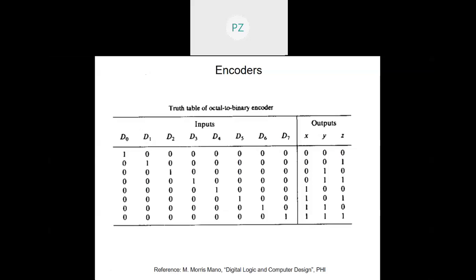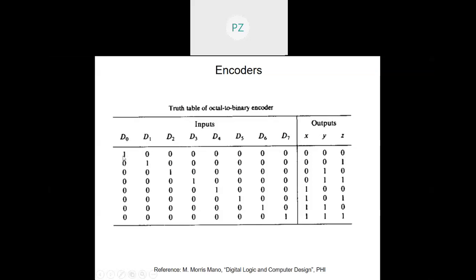Okay, so decoders we've already seen that way: n input lines and 2 to the power n output lines. Depending on the combination of the input lines, one of the output lines goes high. Encoder is just the reverse, as the name also suggests. Now over here, there are 2 to the power n input lines and n output lines, just the opposite of decoder. So depending on which of these input lines is high, you will have the corresponding combination at the output.